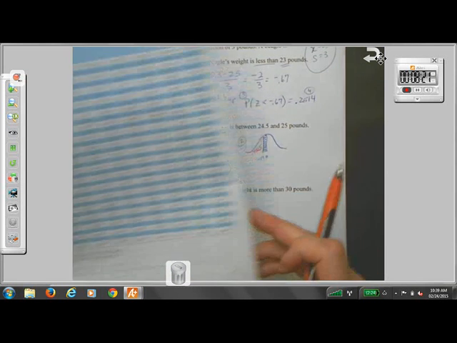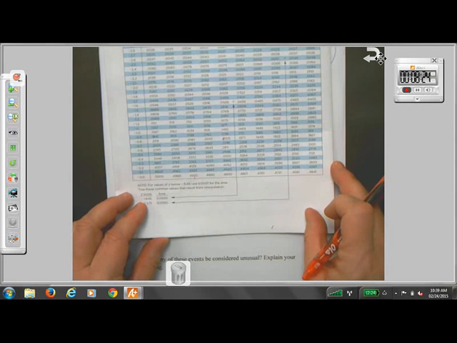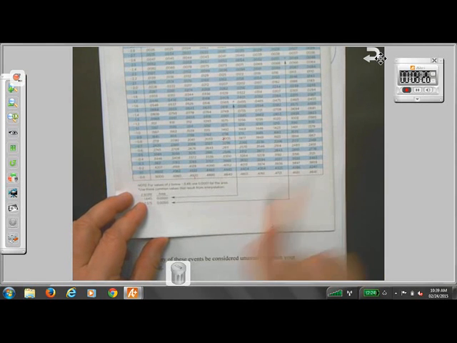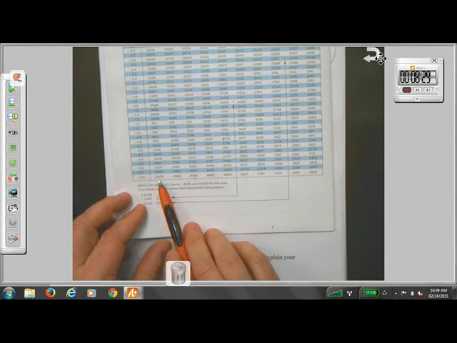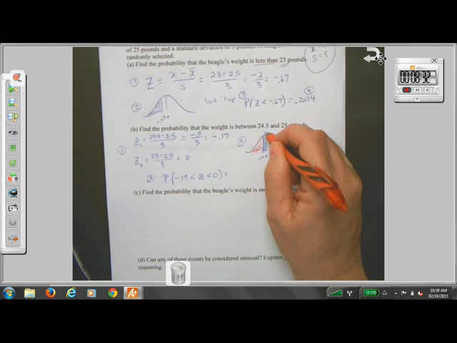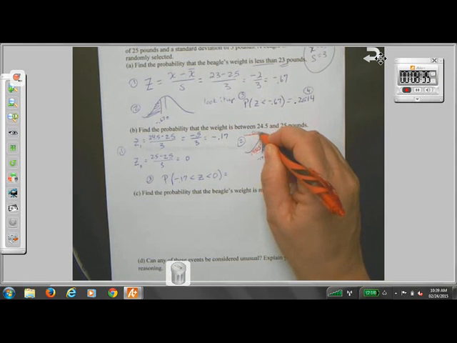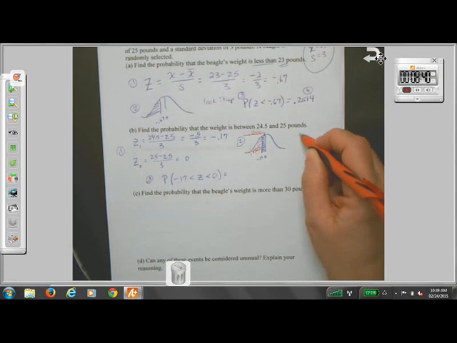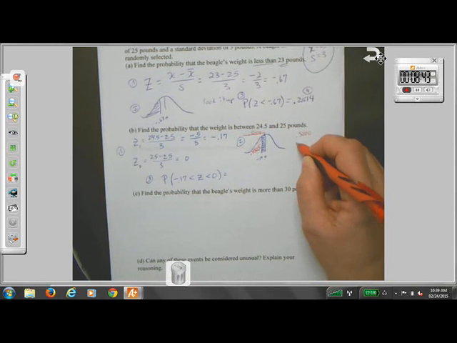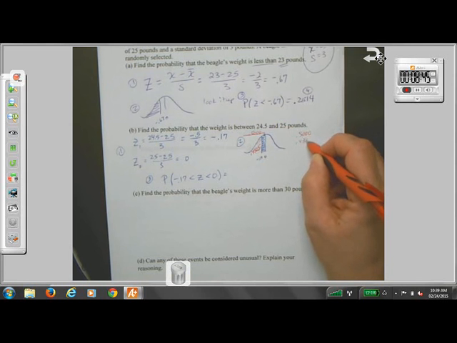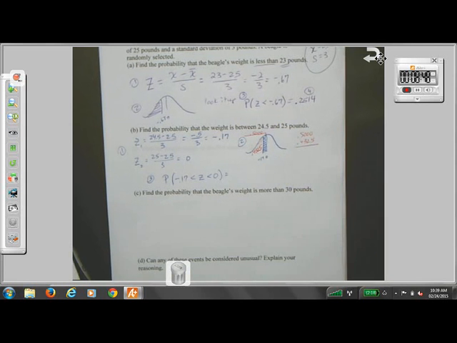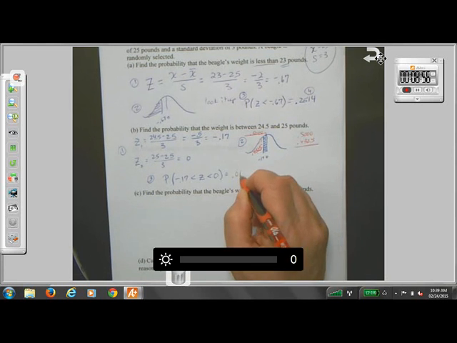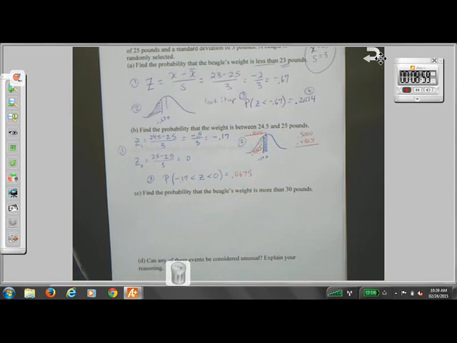Okay. What's 0 going to be? Yeah, it's half the graph, so it's going to be exactly 0.5. All the way over, half the graph is 0.5, and that's too much. So we have to subtract these two to get the final answer. So it's 0.5000 minus 0.4325. Do a little subtraction, and we get 0.0675 as our probability